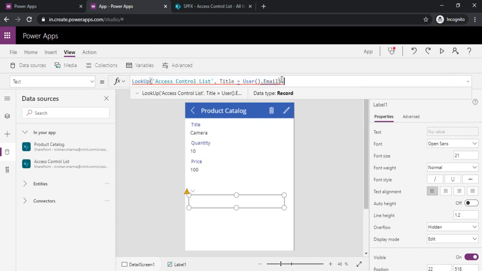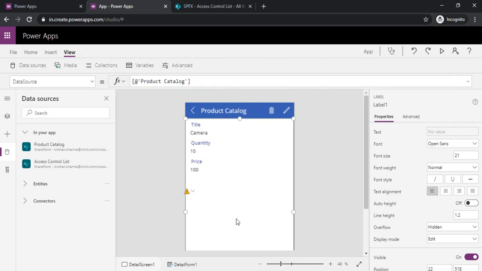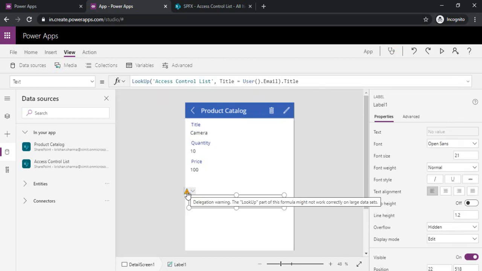So I'm just adding .Title. When I do that, it doesn't show me anything and gives me a warning. This is a delegation warning, as I said earlier as well. If we do a lookup or search within SharePoint as a data source, it gives us that delegation warning. If we do that against a database like CDS, then it will not.